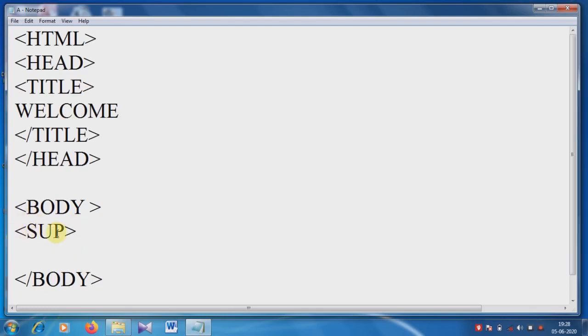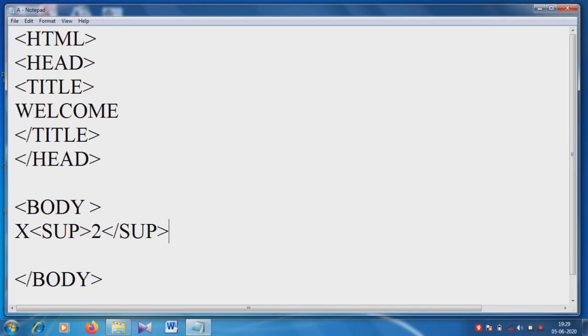See this. Now I am writing x square. So you have to write x and 2 slightly above the x. Write x and 2 within the superscript tag.